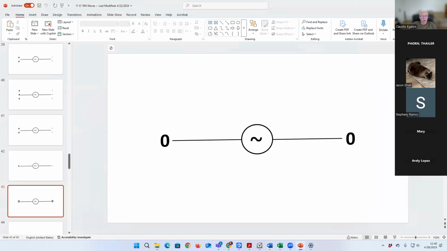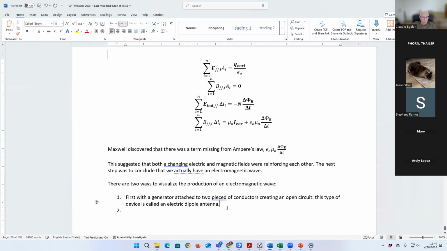And there's a reason why we call it an electric dipole, right? Because we do have an electric dipole here. Do you see that? Negative charges on one side, positive charges on the other side. It's called an electric dipole antenna